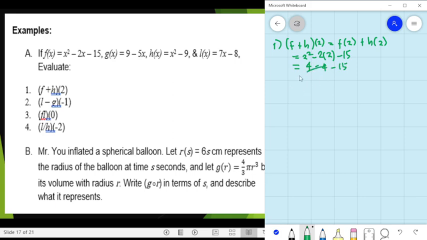So it becomes 0. Therefore, the answer is... wala pa, ang h pa. I-plus nimo sa h of 2, kay kani f of 2 pa man. H of 2 is 9 minus 5 times 2. So this is plus 9 minus 10. So it should be negative 25 plus 9. So the answer would be